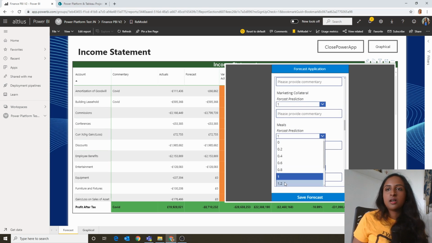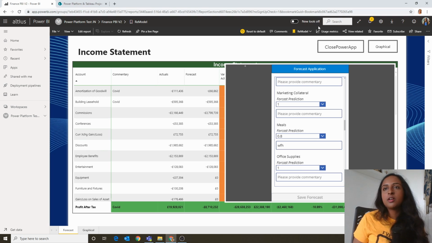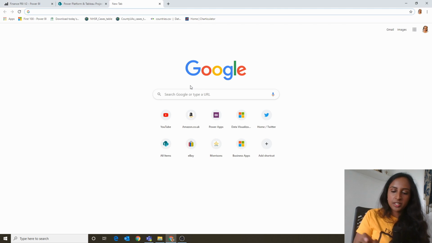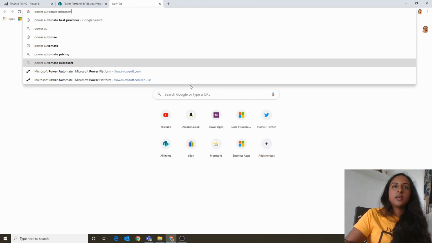So meals are slightly down because we don't need them as much, say, working from home. And then we'll save that forecast, and we'll see the dots go ahead and start submitting that data. While that's happening, actually, I'm just going to open up Power Automate just to show you the